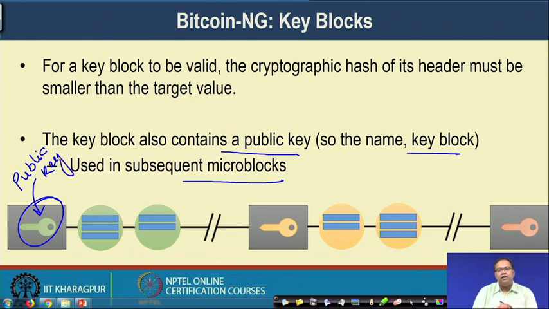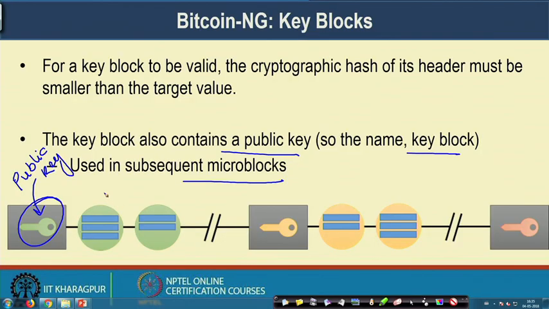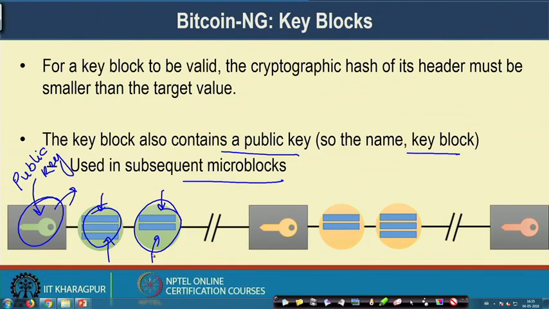of the miner which was able to solve the challenge based on the proof of work mining procedure, and this public key is used in the subsequent micro blocks to validate that these micro blocks have been generated by this particular miner. So, that way you will be able to validate that all these micro blocks are actually generated by this particular miner which has the public key in the key block, and these micro blocks contain all the transactions,